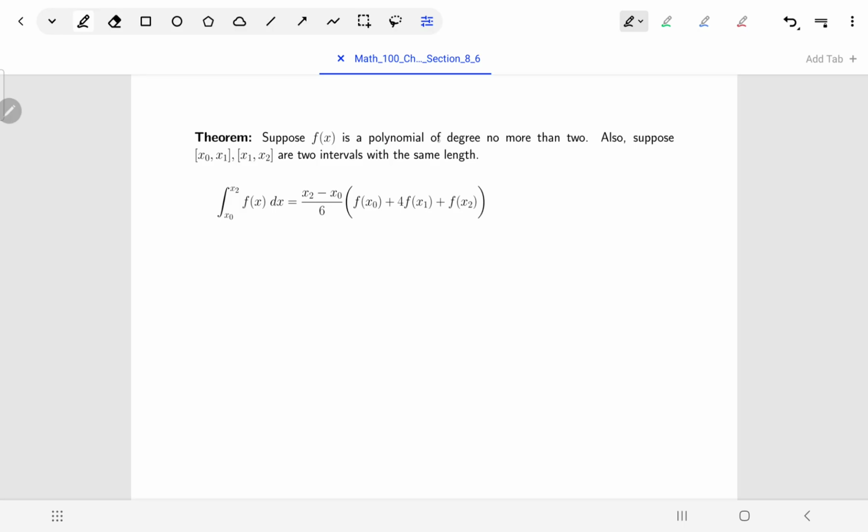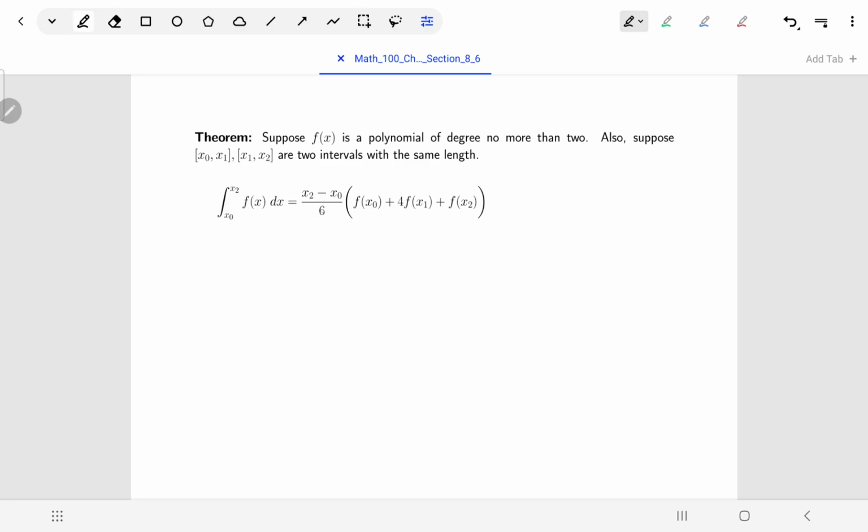We've got our function that happens to be a polynomial of degree no more than 2. So in other words, f of x either is some sort of straight line or it's a parabola. And we've got two intervals that are side by side and of the same length. So it doesn't matter what the length is, but they're just the same for both. If we wanted to know what the definite integral is from beginning to the end, then we just have to